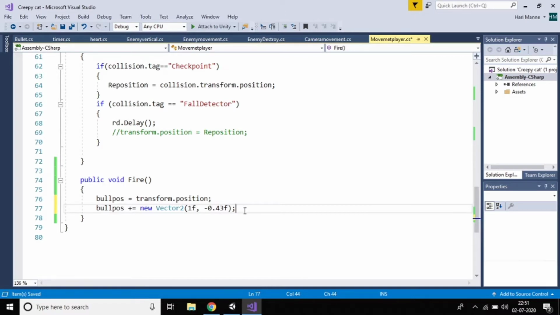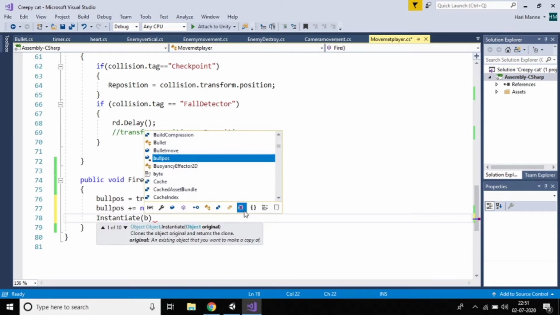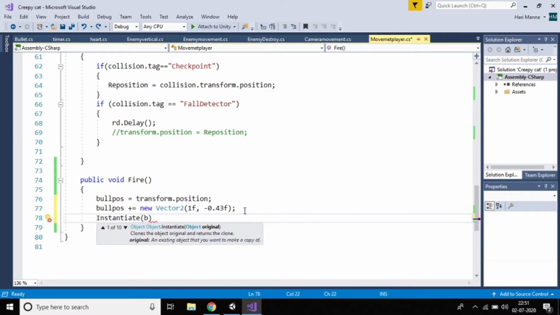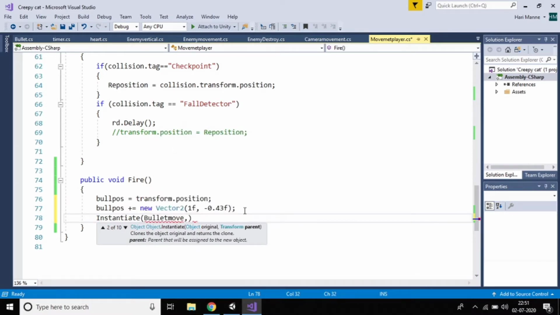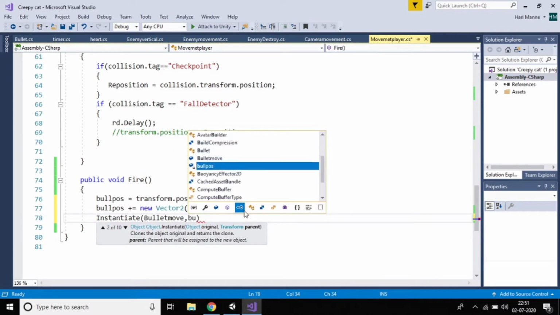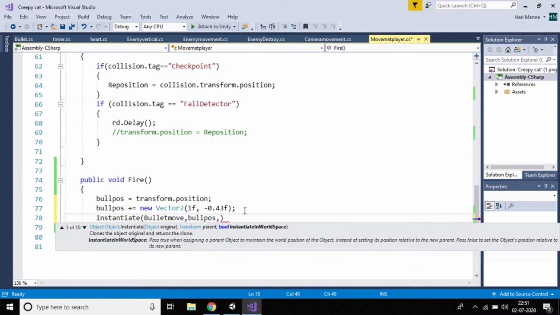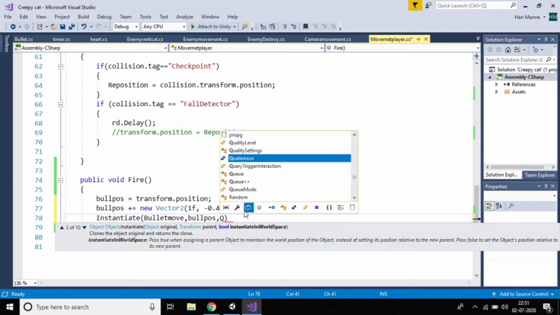And the bullet should come continuously, right? So for that I'm using Instantiate. Instantiate bulletMove, bulletPosition, I'm taking the bullet position, as well as we have one function that is Quaternion.identity.